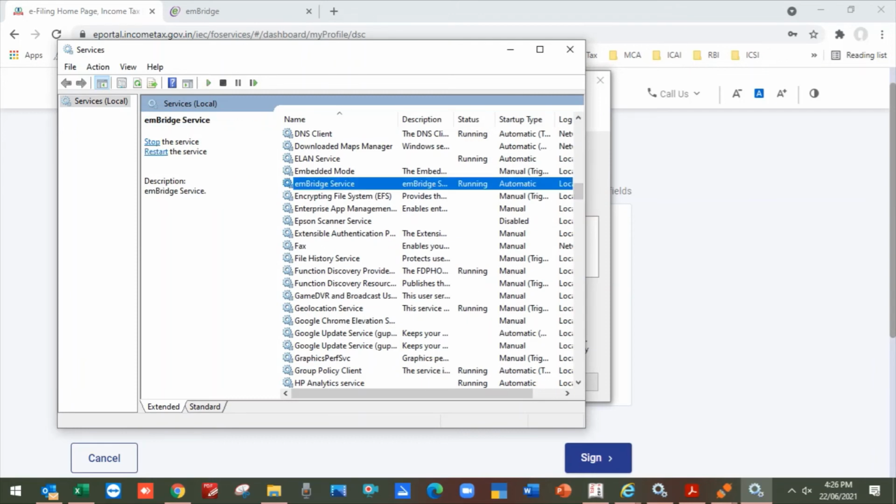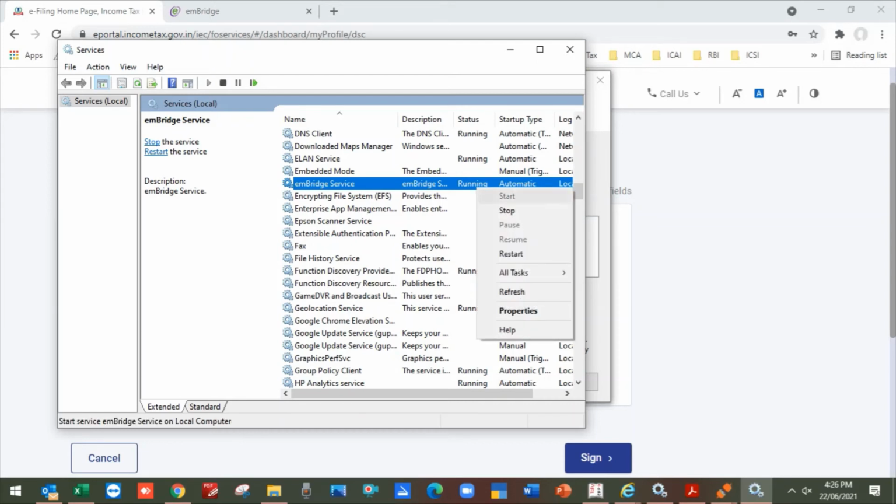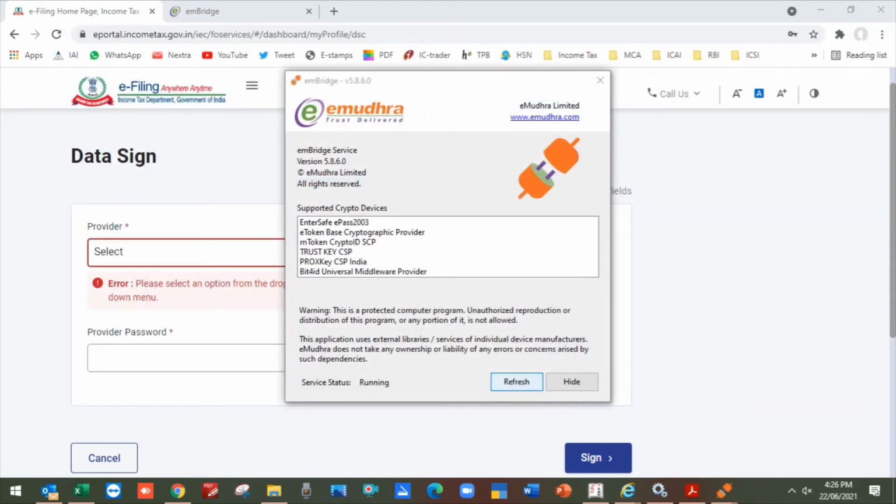Here you can see mbridge services. In my system it is running, but you have to right click on it and press the start button. Once you press start, this application will run. Then refresh it once again and its service status will change from stopped to running.